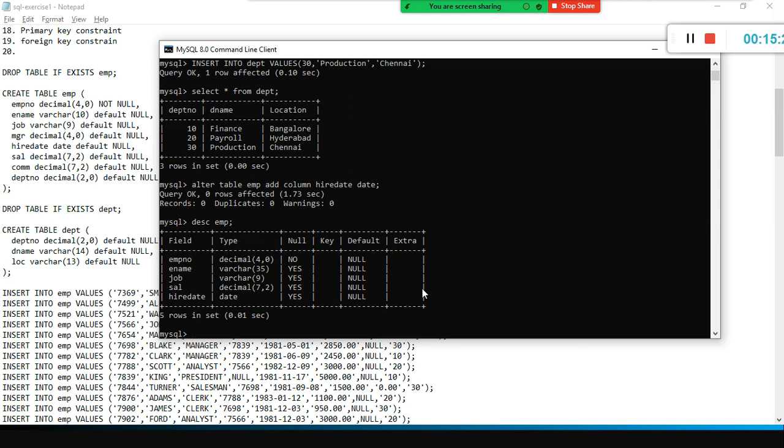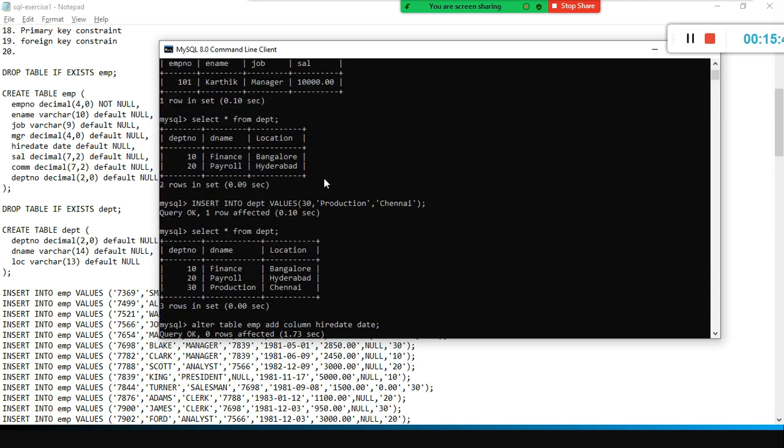And now the question is, for example, I am going to insert a value. Insert into EMP values. If I give like this, I will have to enter the value for all the columns. For example, earlier I entered the employee number as 101, right?